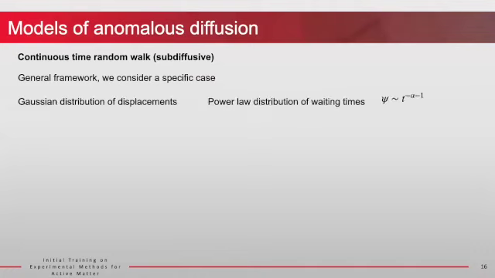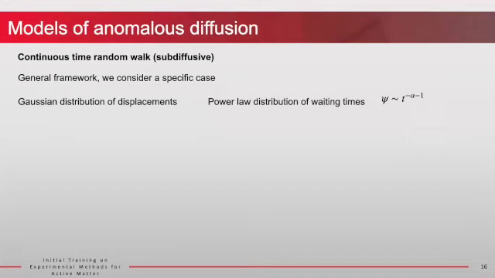The other mathematical model of interest that has also been widely applied to describe several systems is the continuous time random walk, or I would have to say a special case of continuous time random walk, because continuous time random walk is a very wide framework that includes several possibilities. In general, one considers continuous time random walk every model in which there are displacements, the differences in position of the trajectories, that follow some distribution, and that are sampled at times that are also drawn from some statistical distribution. In this specific case, we consider only a subdiffusive kind of continuous time random walk,